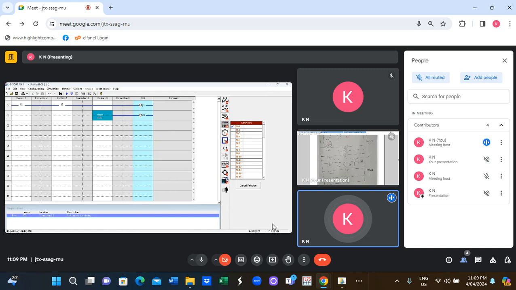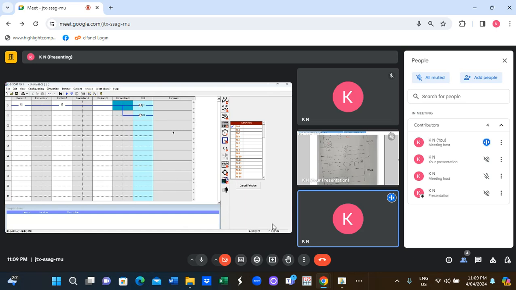I already put the contactor coil, so I don't need those wires. In this case, N1 and Q1 need to be connected in parallel. I will cut the wire here. You can see now N1 and Q1 are connected in parallel. After that, you also need to connect this auxiliary contact, otherwise you have to press the switch